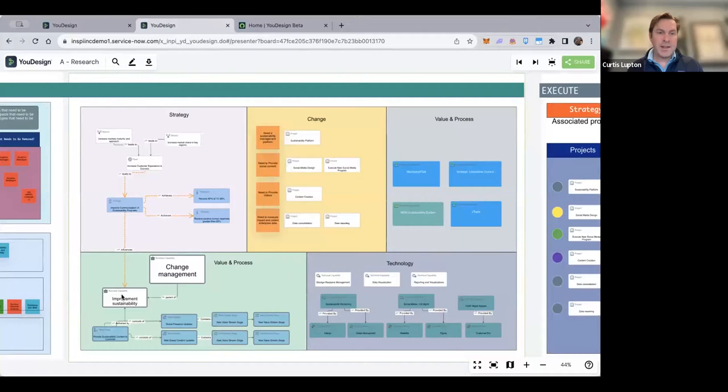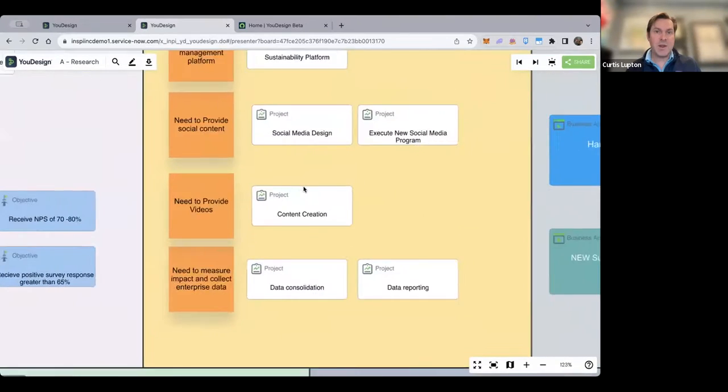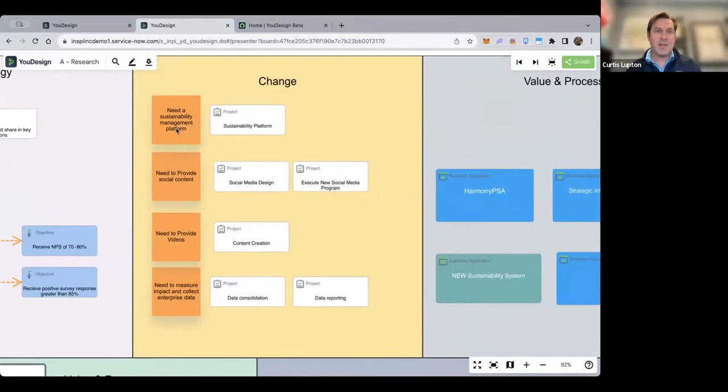But all of that is going to help us ensure that we're measuring and tracking this capability. We also know that we're going to need some projects. So we have some projects here. We need a sustainability management platform. We need to provide social content. We need to provide videos. We need to measure impact and collect enterprise data. And so that's going to require some of these projects to be funded and then measured over time to make sure